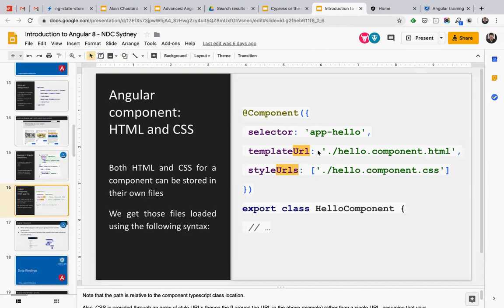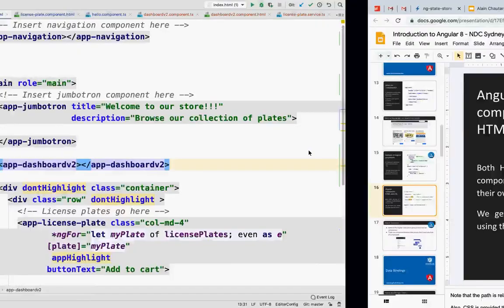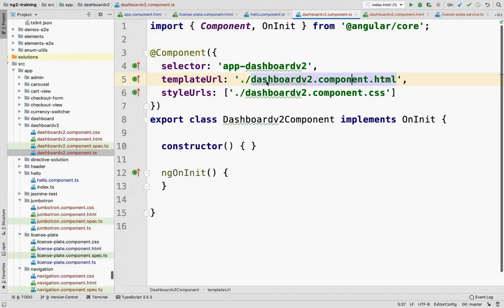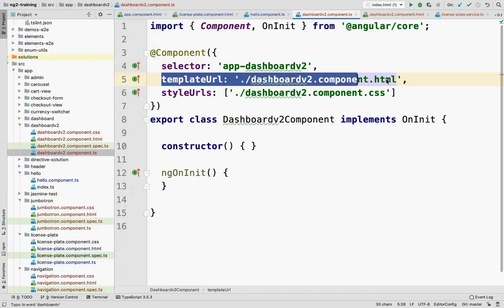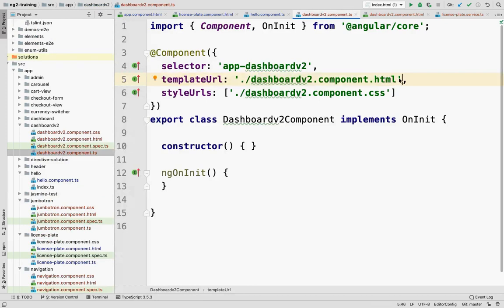So my component, when I generate it, you see that the template for that one, for the dashboard, was not in TypeScript. It was referring to an external URL instead, and that's the best practice, so that you have one file for your TypeScript code, one file for your HTML template, and one file for your CSS for that component. And every component is going to have these three different things: TypeScript, HTML, CSS. Which means that dashboard could have its own custom CSS through some styling, of course its own template, and then its own business logic in here to get some data to render.